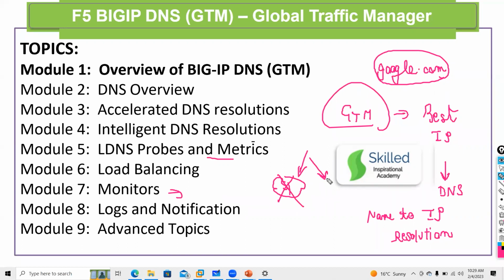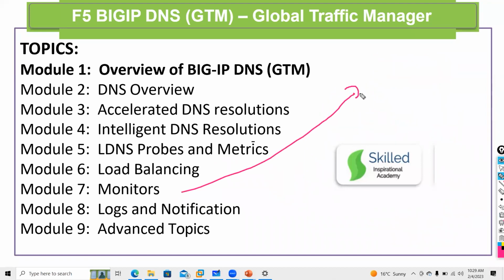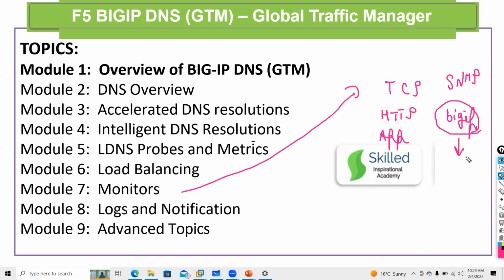So there are different health monitors in this. We have learned about TCP, HTTP, but here we have different ones. That is the service check monitor. When I talk about monitors, there are service check monitor, content check monitor, application monitors, or path check is also there. And you will see one monitor called SNMP monitor or bigip. So this monitor is very, very important. I will tell you the importance of this because this will help you to integrate GTM with LTM.